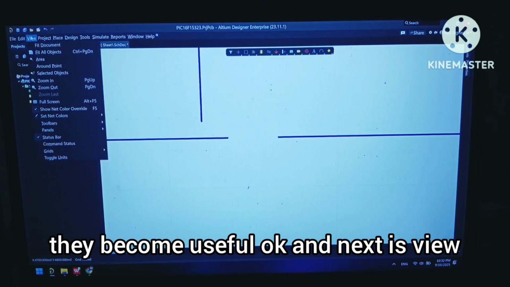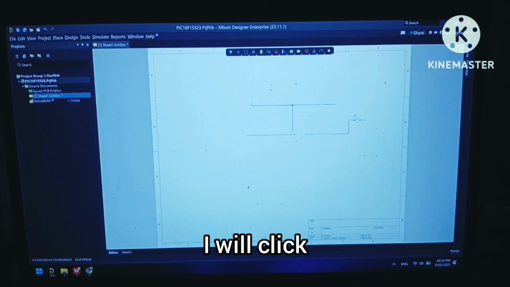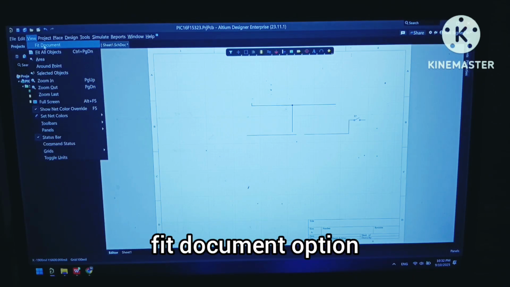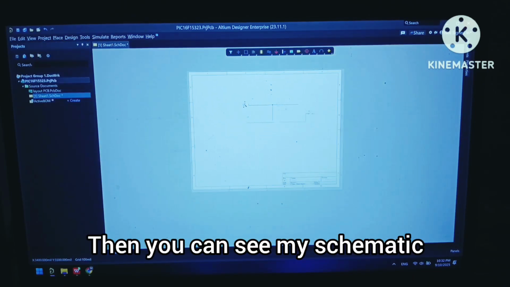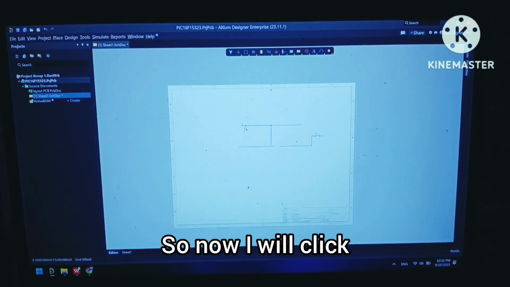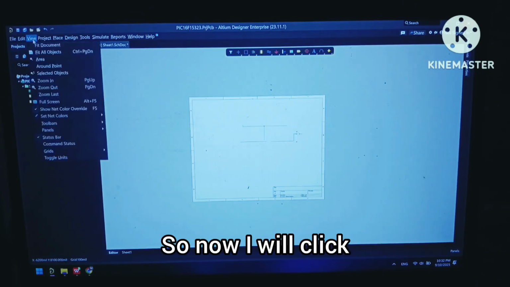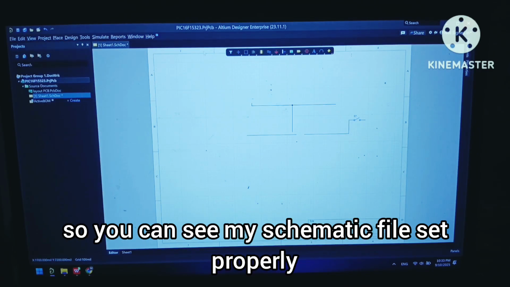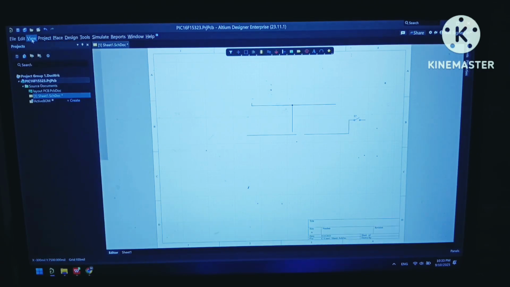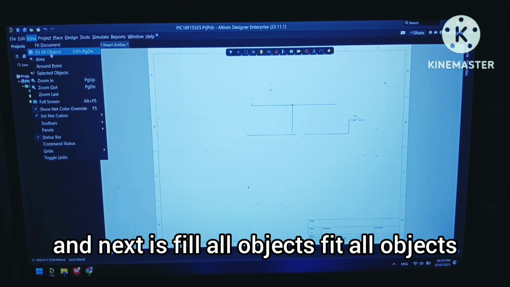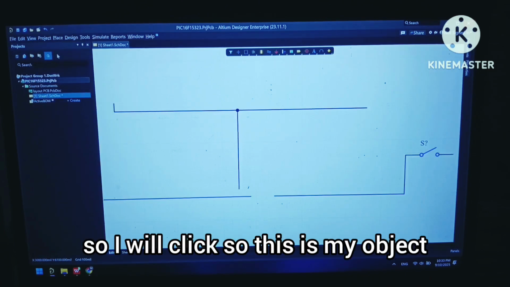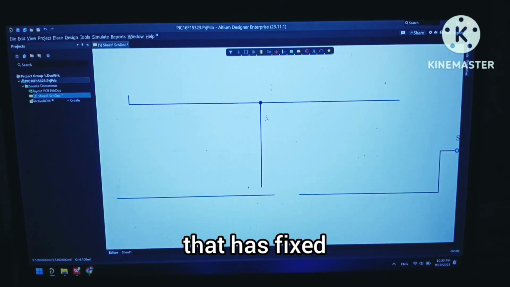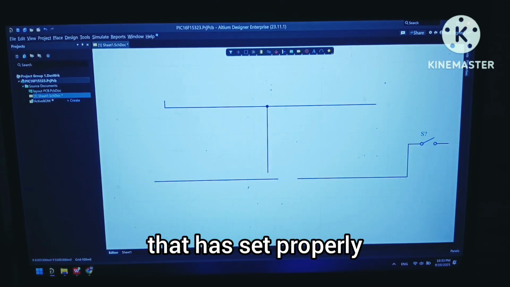Okay, and next is view. Fit document. I will click on the fit document option. Then you can see my schematic has been set properly. Now I will click fit document again, and you can see my schematic file is set properly. And next is fit all objects. I will click, and you can see my objects have been fitted properly.